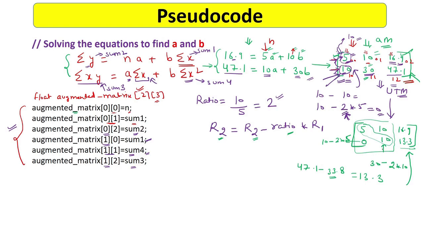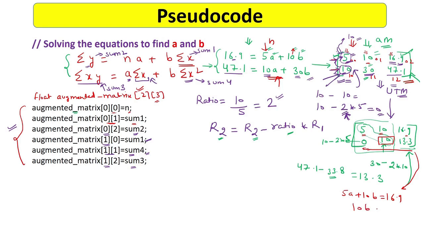Okay, so for this I will be first solving this part. You can see this was actually corresponding to this thing. So this is actually helping me to find the values of a. If I convert this into an equation, what will it be? This is the coefficient of a, the coefficient of b, and this is the constant. The coefficient of a is just 0, so I will not be writing it.